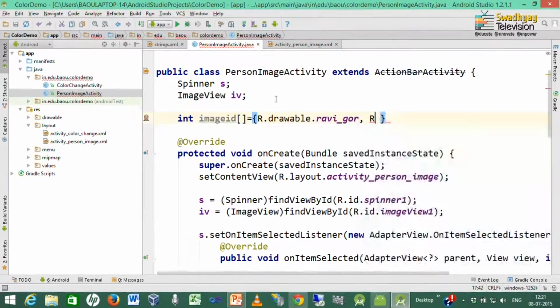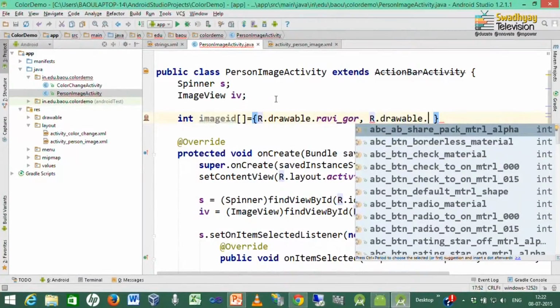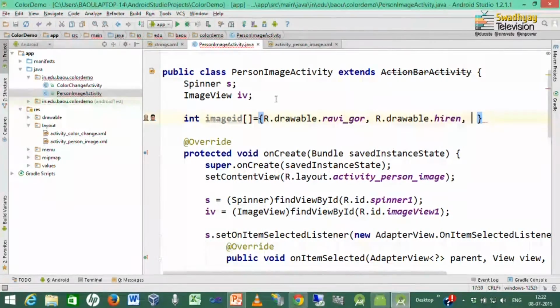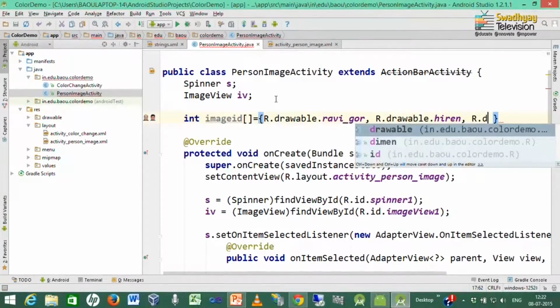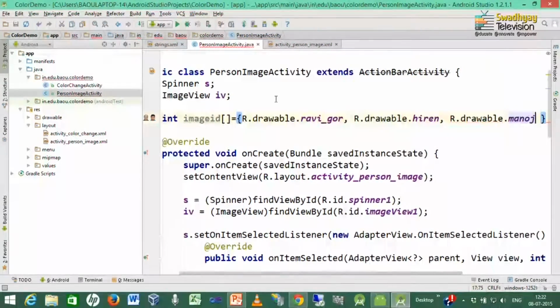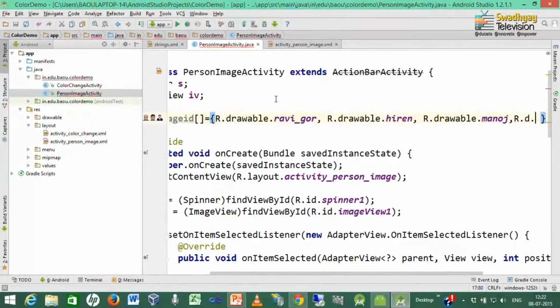Then the next name is Hiren Joshi. So, I take the second image reference. Then accordingly we take all other IDs in the same order as the person names.